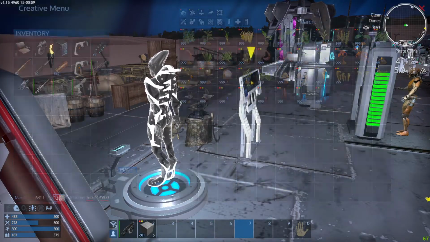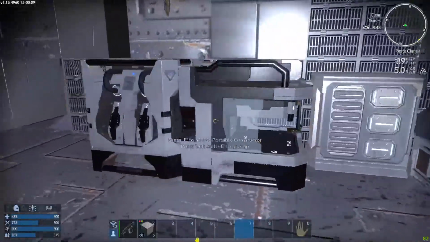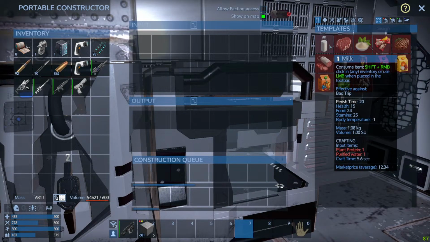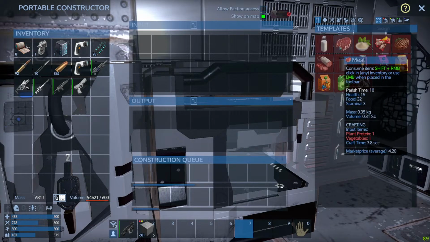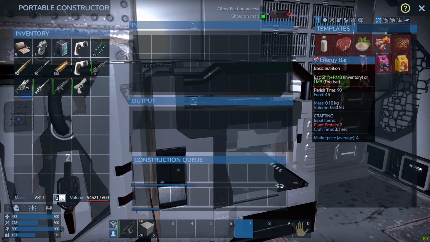Okay, right there. All right, let's run over here and look at this. What do I do with the portable constructor? Yep, here it is. All right, what can it make real quick? Okay, it can make meat. It can make steak. It can make things. So what we can do is copy this. Okay, we can make another one, and then we can copy it to where, obviously, it's a campfire, so you're only going to be able to